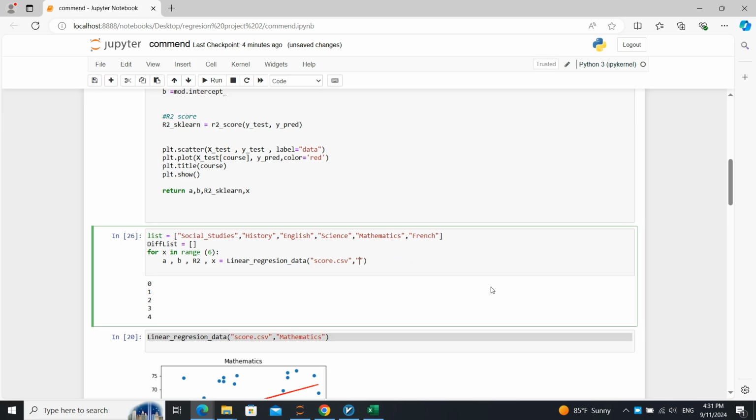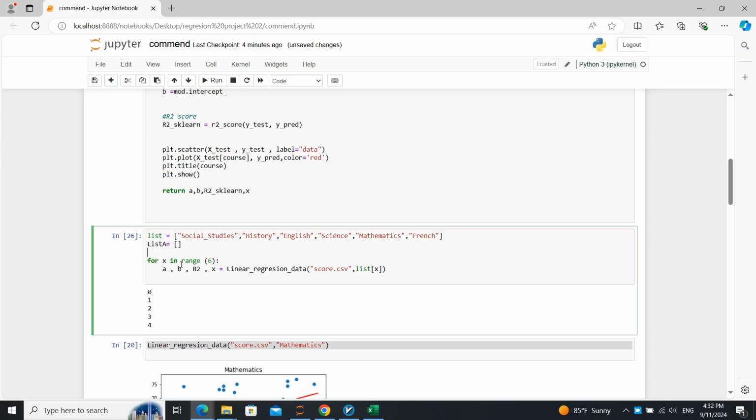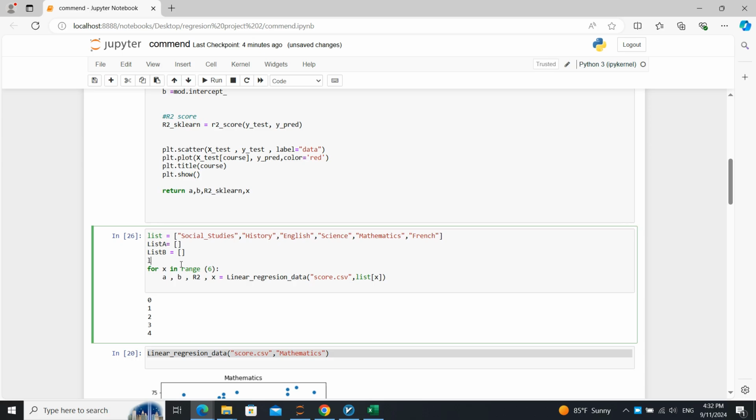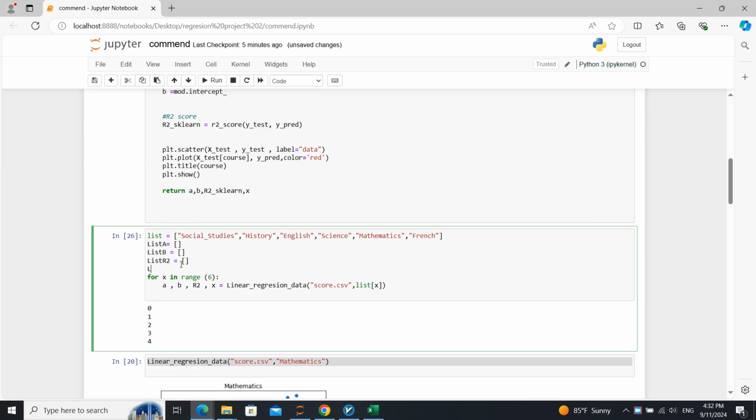And for mathematics, what do we write? We write list x, and then let me delete this list and say a, list a, then list b, then list r2, then list x,